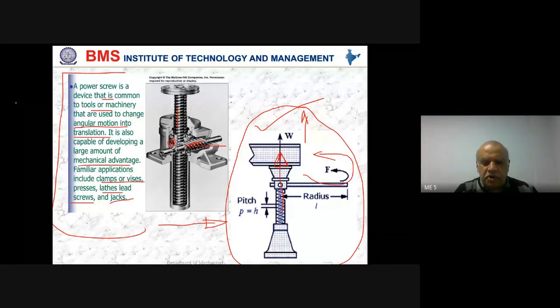The brake pressure that you apply with the foot is hardly around, I would say, 200 Newton, or not 200 Newton, sorry, it's not even 1 kg. How do you convert kg into Newton? M into G. So you apply hardly around